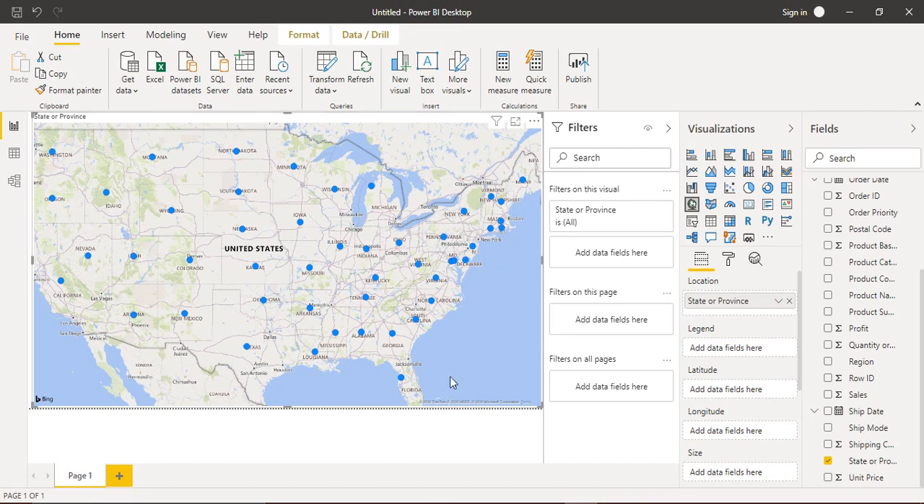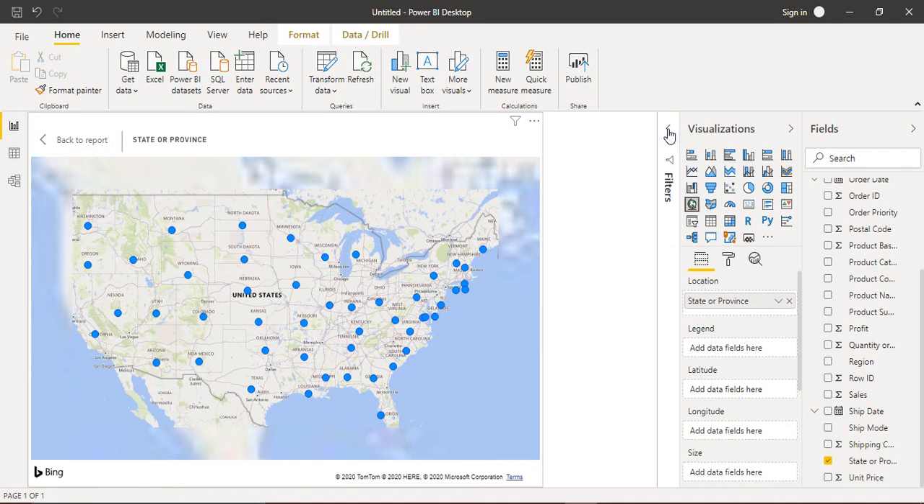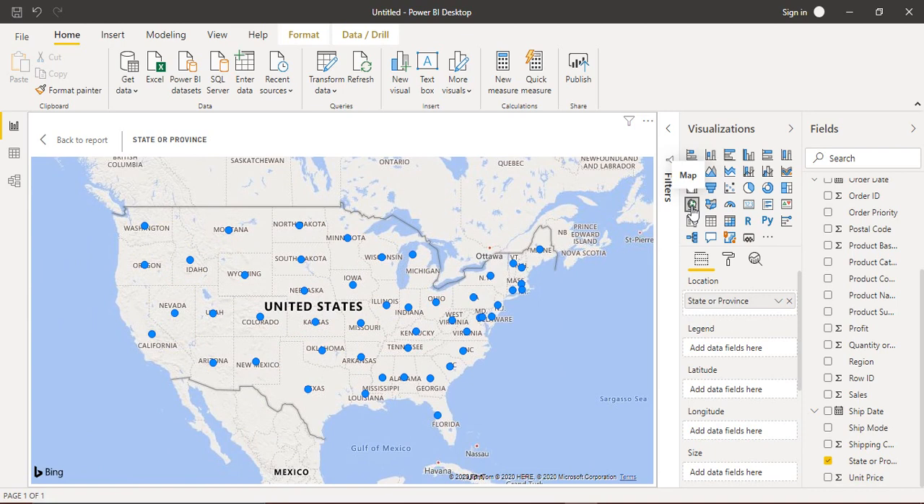So for this, there are some predefined requirements. Let us just get into the focus mode and minimize these panes for a second. The requirement is that you must choose a simple map. That is the one represented by a globe kind of icon in the visualizations panel. So you need to make sure that you have exactly this kind of map,